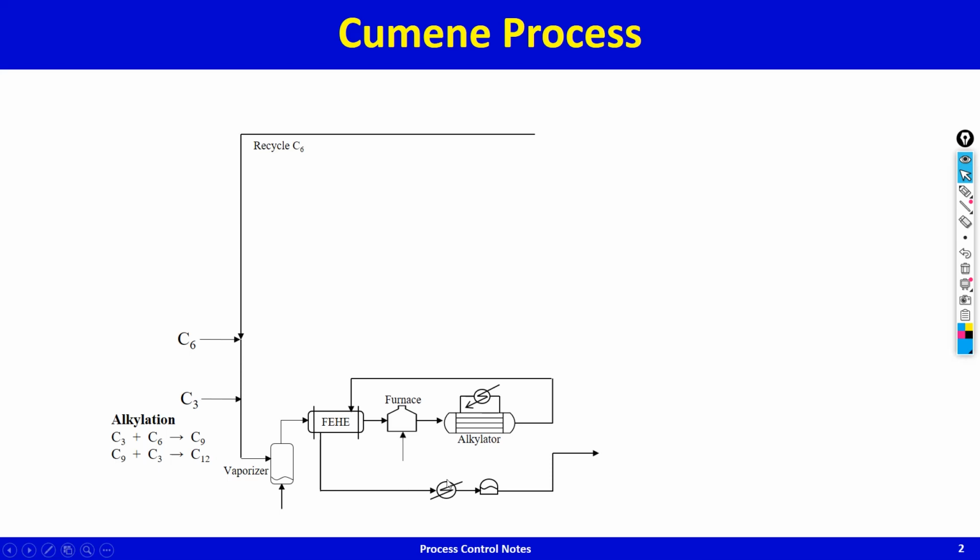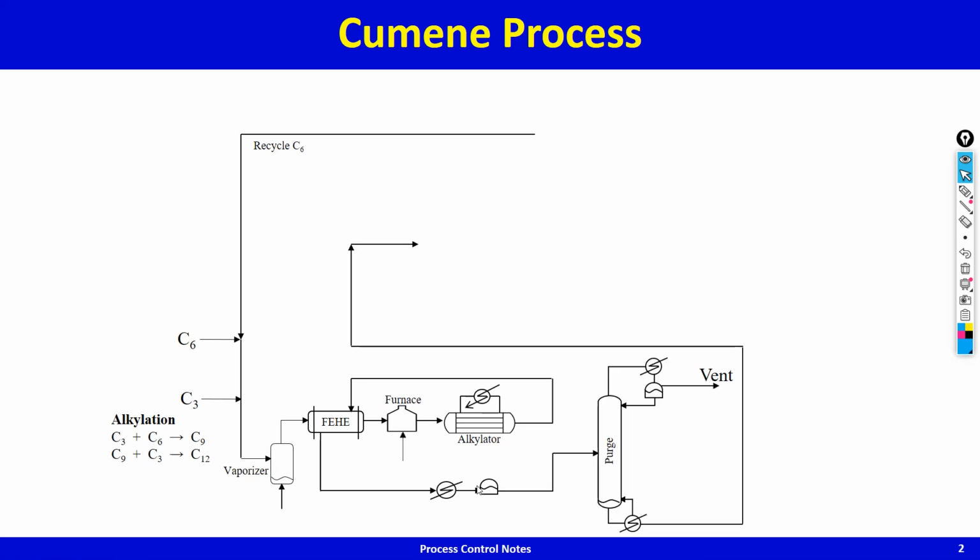The cooled effluent is then further cooled to condensate. The condensate is collected in a drum, and the liquid is then fed into a light out first distillation train. And in the first column, which is called the purge column, you see, you've got inert C3 coming in, inert propane coming in. It has to have a way out of the process, so the inert propane gets vented out. Any unreacted propylene also gets vented out. C6, C9 and C12 go down the bottoms. This is sent to the recycle column, and you recover C6 up the top, which is then recycled to the reactor.